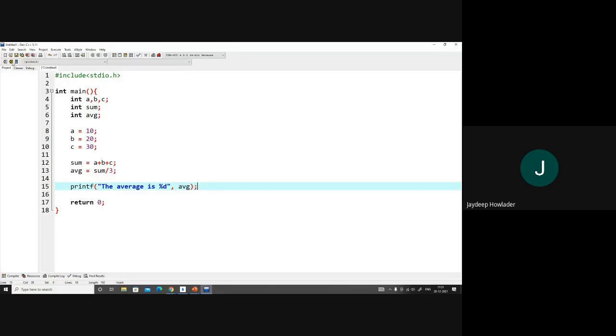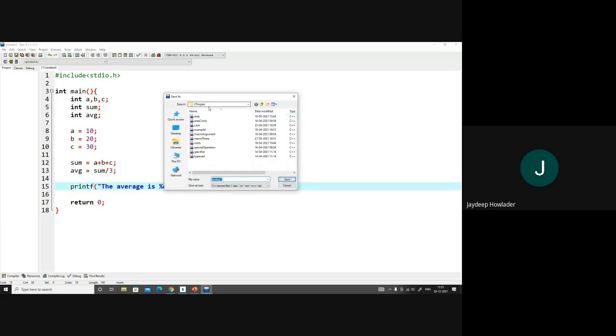Okay, so I save these things, and we save the file as avg.c.